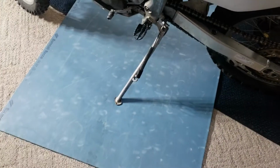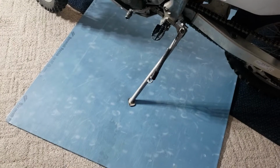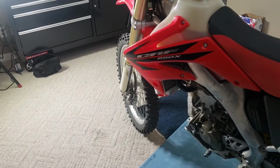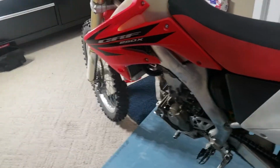Get a bucket, put something down. Piece of cardboard, whatever. Even on a concrete floor, if you spill it, it will stain. I'm just down in my basement, so we got carpet down here. It's old shitty carpet, but still, I'm sure my wife wouldn't like me dumping a bunch of oil all